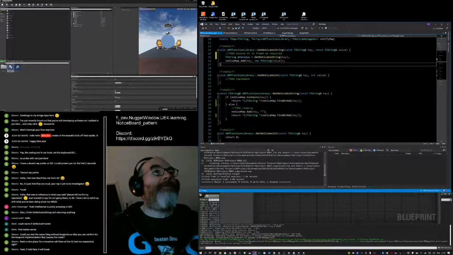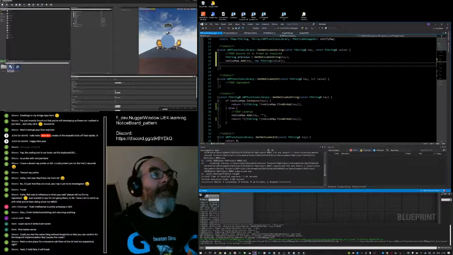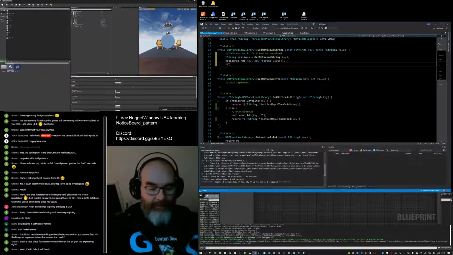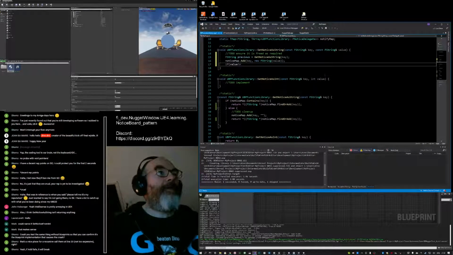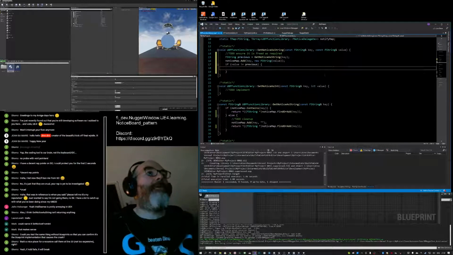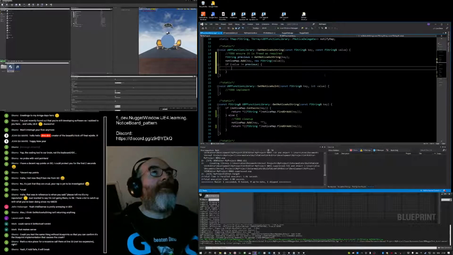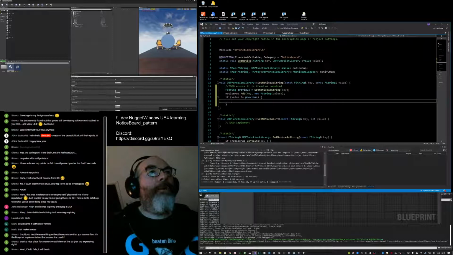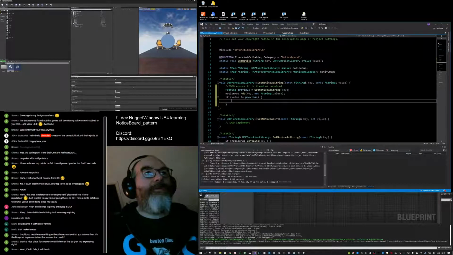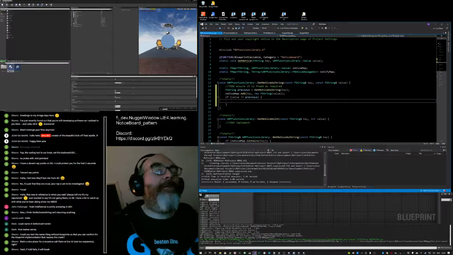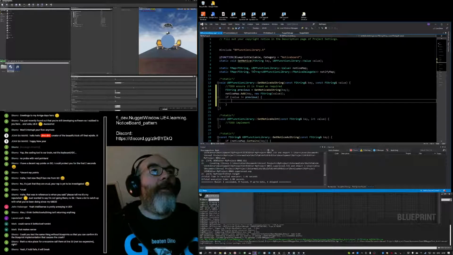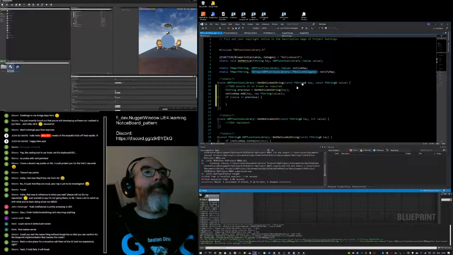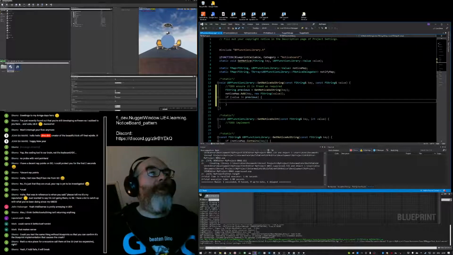We set the key to the new value. We check if value is not equal to previous, which means the value changed. If the value changed, then we need to call all of the notifiers for this particular key. So the first thing I need to do is get my array of delegates.